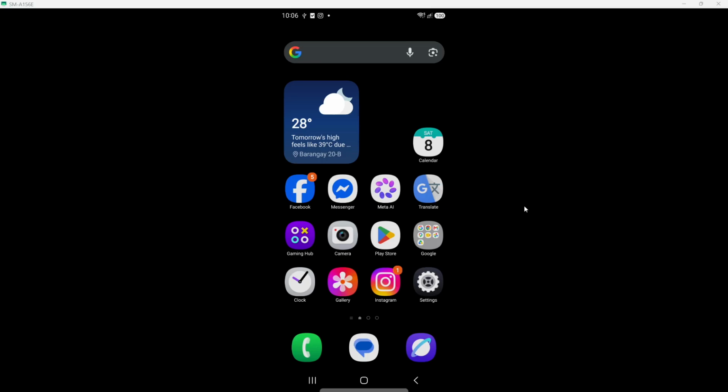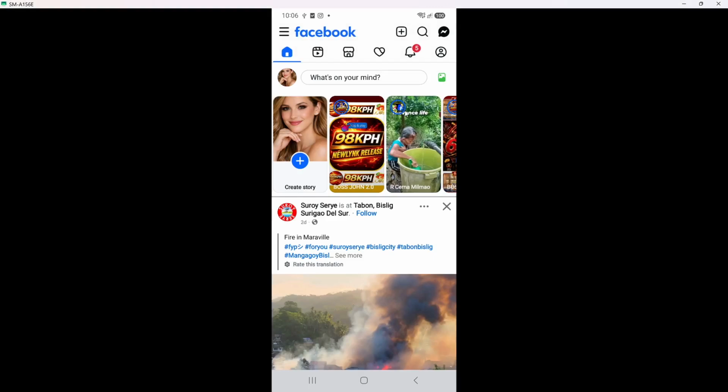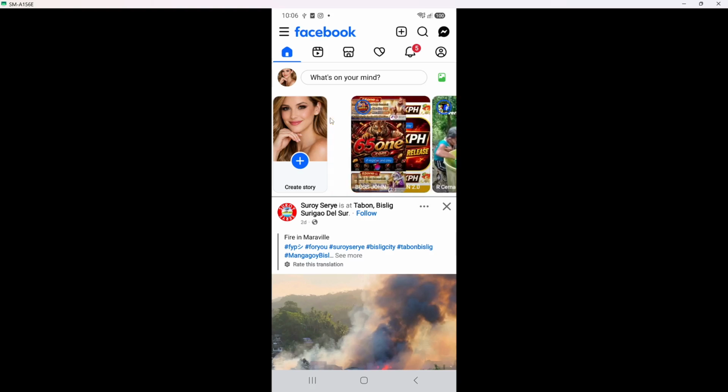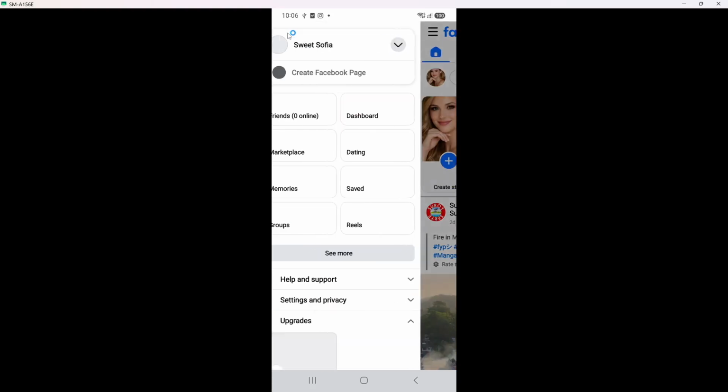On Android or iPhone, look for the familiar blue Facebook icon on your home screen or in your app list. When you tap it, Facebook will open to your usual feed or whatever screen you last used. Now tap Menu. You are looking for the three horizontal lines icon. On many iPhones it sits at the bottom right, and on many Android phones it is near the top right.